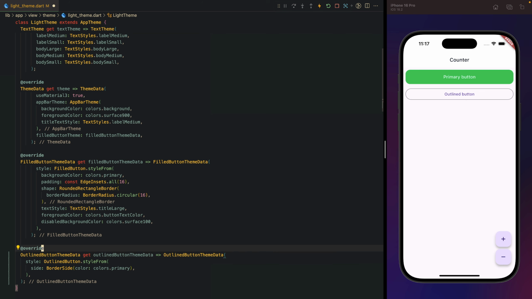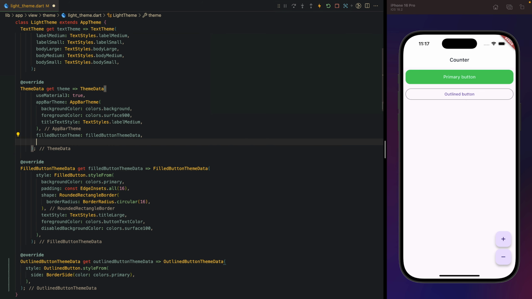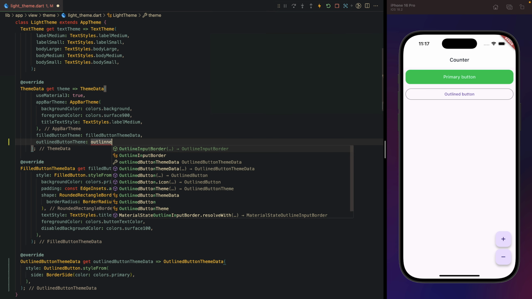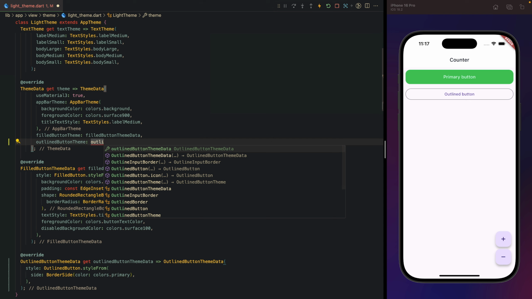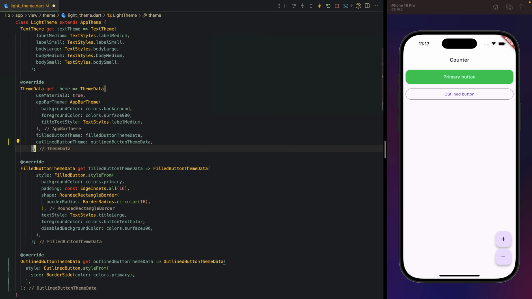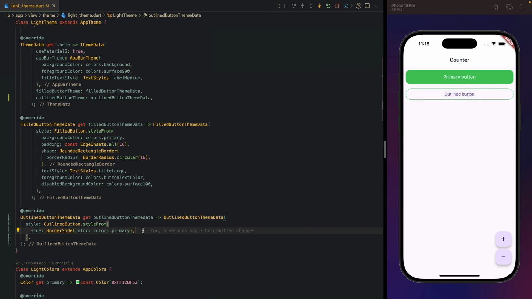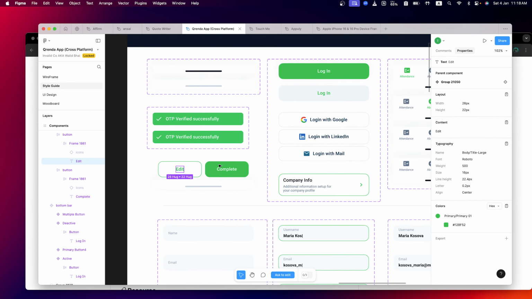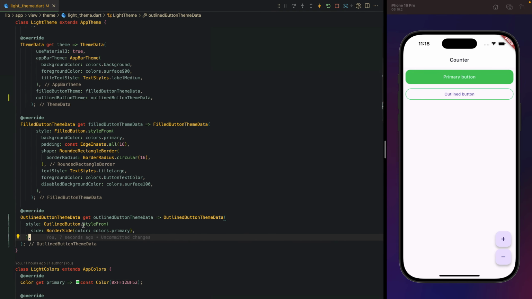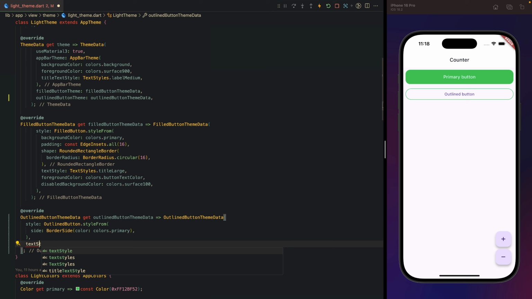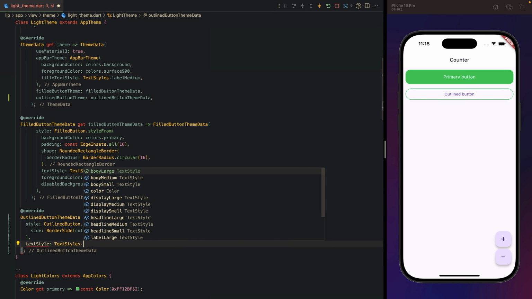So to do that we need to set it here. So outlineButtonTheme will be our outline button theme. Now if you reload and see, the color is actually changed. So we will also need to add the text style, so that will be textStyle, and text style is ours, labelLarge,